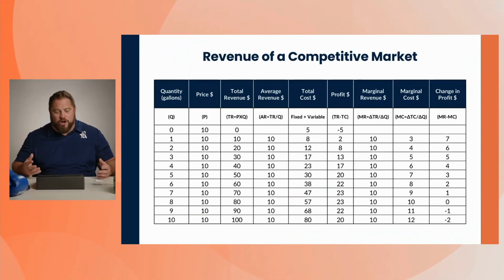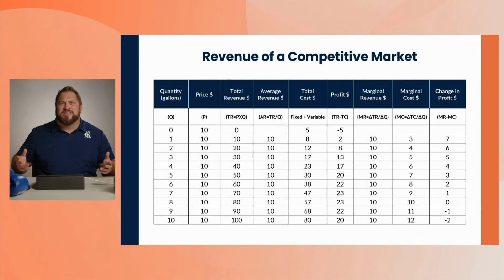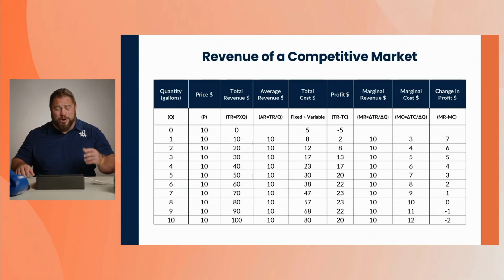Now, to see the full picture, we're going to take a look at the books for a firm in perfect competition. So here we go. I know I got a lot of columns here. So in this chart, what do we have? We have the quantity that we're going to produce. Here I have gallons. I'm talking about water. So I was thinking of a product that is identical between firms. So here we're selling gallons of water. So this is an identical product. And so this is the units that we're going to sell.